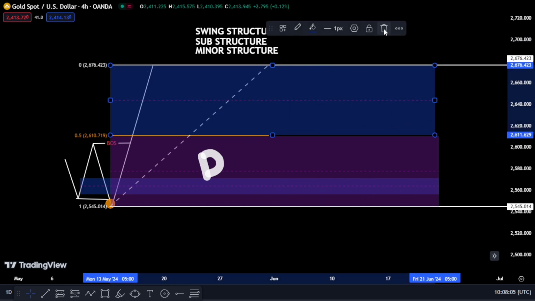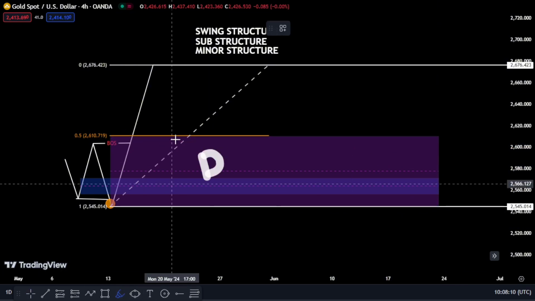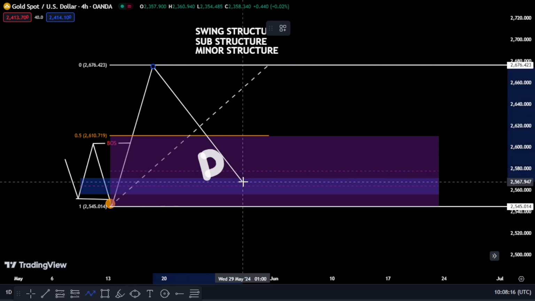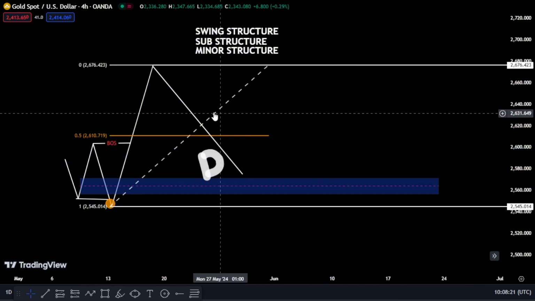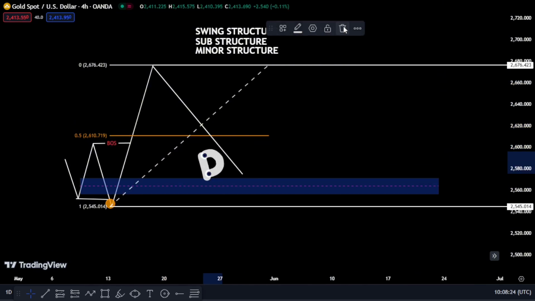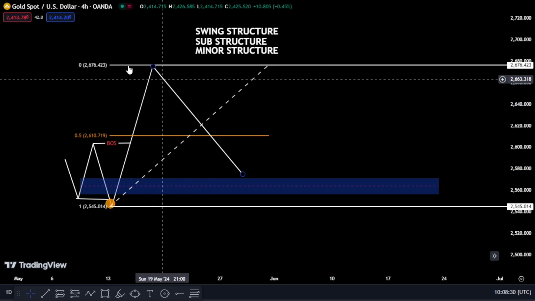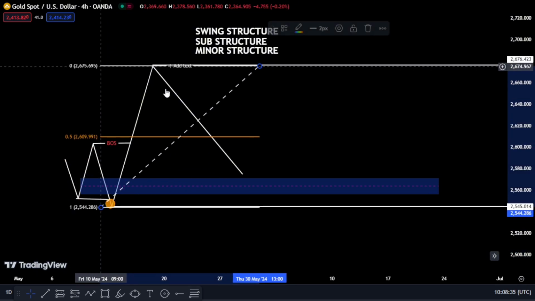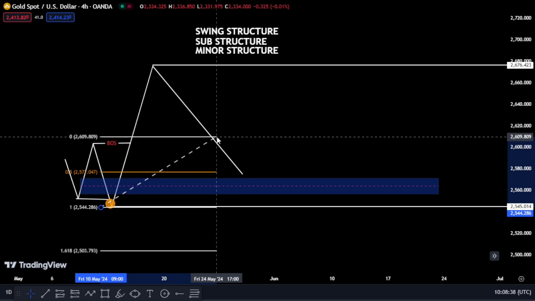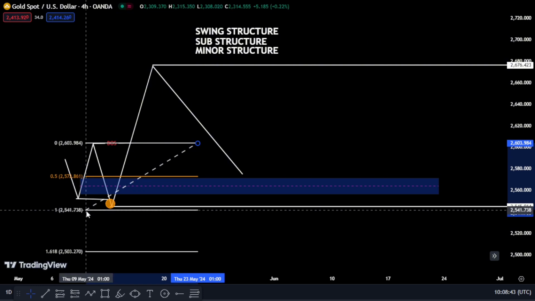So let me just delete this. All right, so now let's assume that price comes into the discount. Before the price gets into the discount, this is what you do. As price gets into that area, this is what you do. Just give me a minute. As price gets into this area, this is what you do. You just take your Fibonacci tool from here, from the swing low to where the break of structure happened. Okay, from here to where the break of structure happened here,